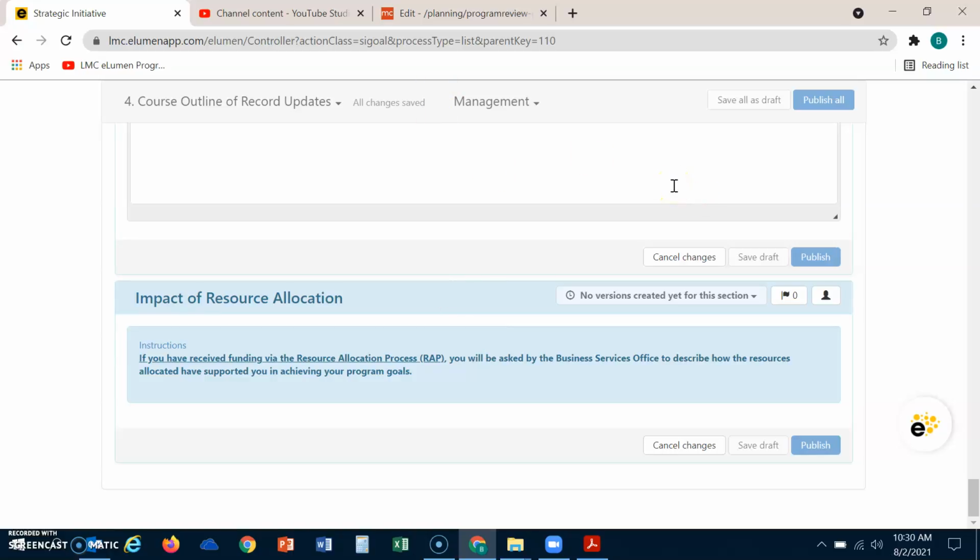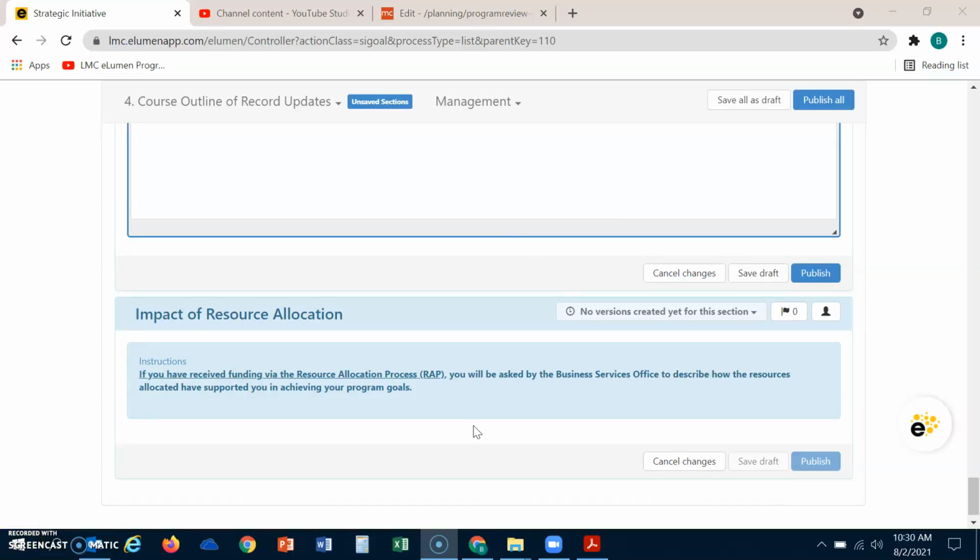Now we are ready to submit our program review for sections 3 and 4 for instructional units template, for those student services with courses attached. To publish this and finalize it, in essence, you want to select this button that appears up at the top